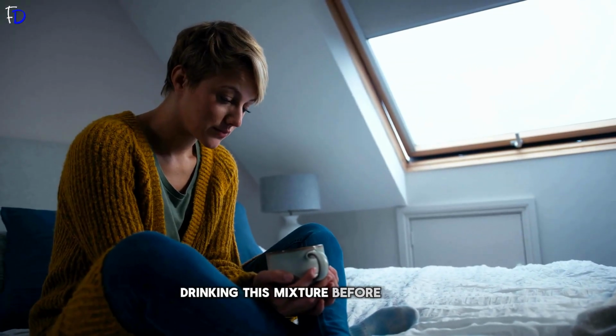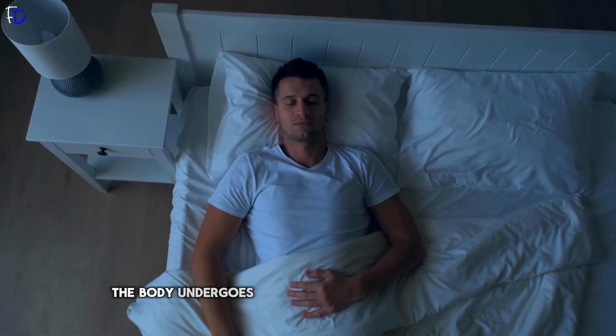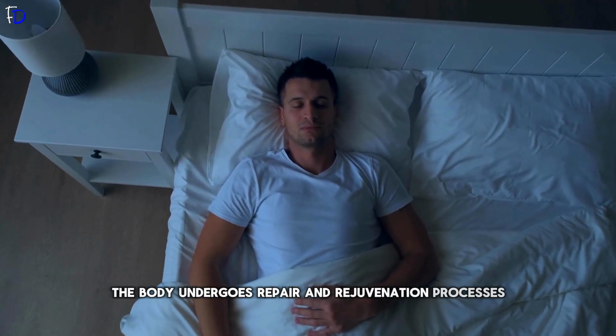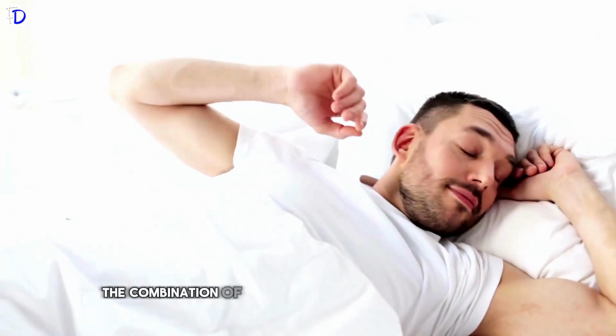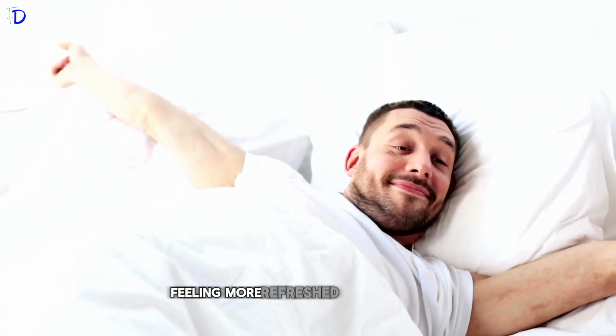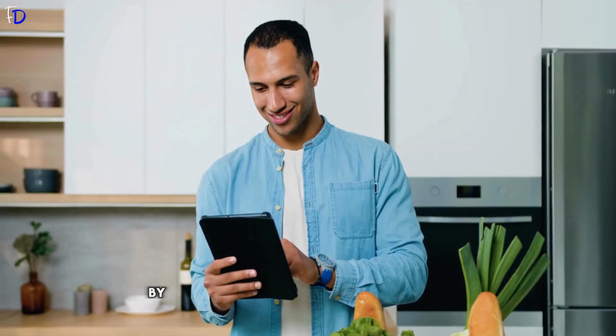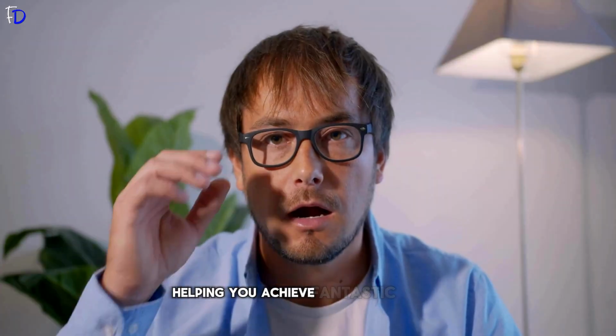Drinking this mixture before bedtime can be particularly effective. During sleep, the body undergoes repair and rejuvenation processes, which can enhance the drink's benefits for erection quality. The combination of improved blood flow and relaxation can help you wake up feeling more refreshed and revitalized. By following these simple preparation steps and consumption tips, you'll maximize the benefits of each ingredient, helping you achieve fantastic